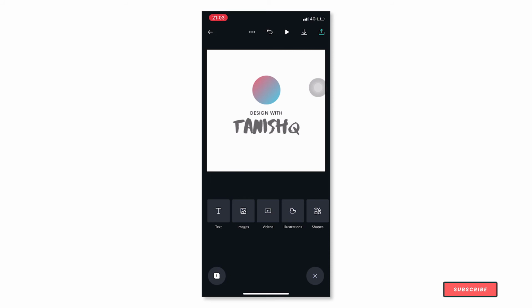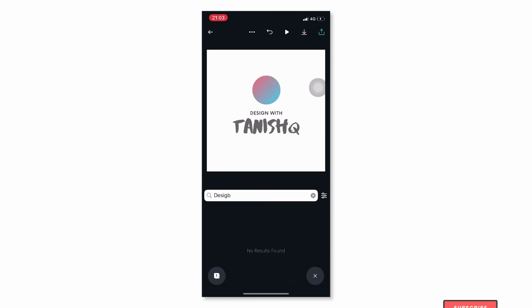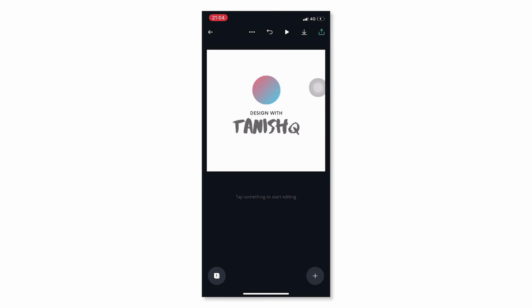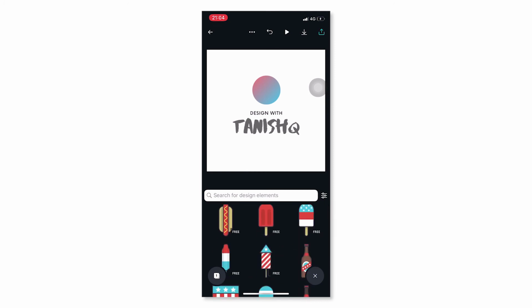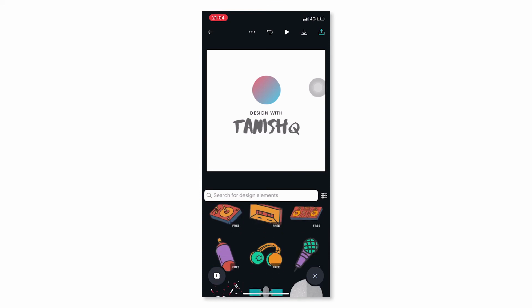I'll go to the plus icon down below and click on illustrations, and I'll just write design. Okay, design, and I can search for a couple of options that are there. We can do this, but it is for Canva Pro members only. So I'll go to the illustrations again, and for this video I will change it to probably something easier,